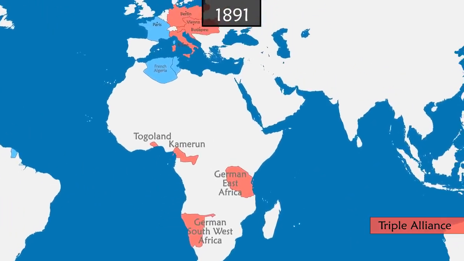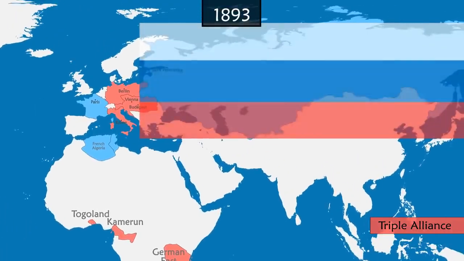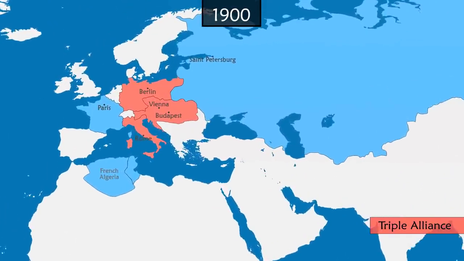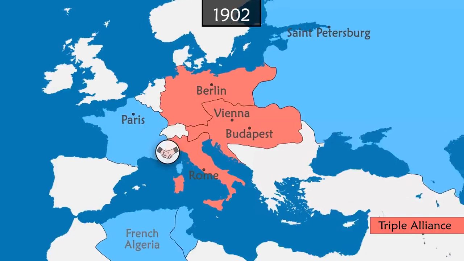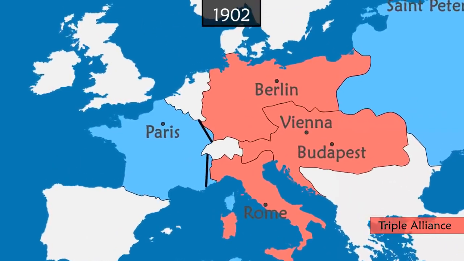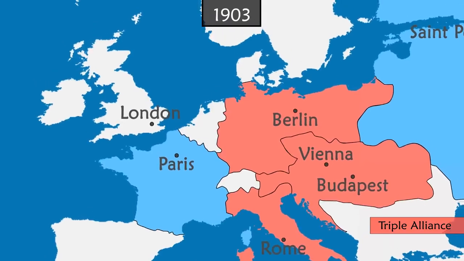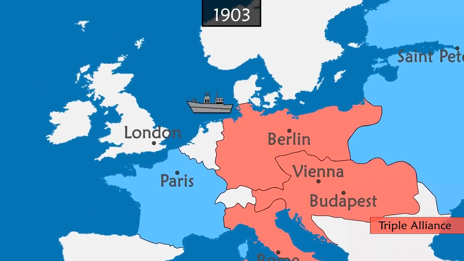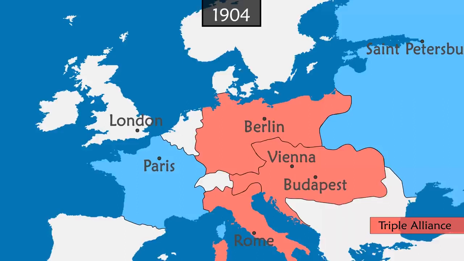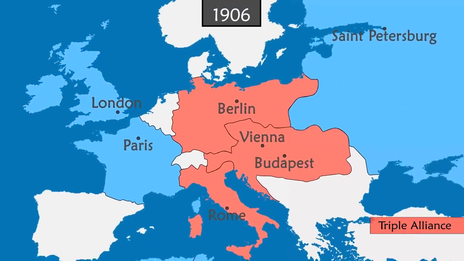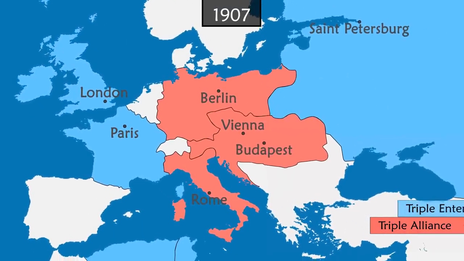For its part, France allies with the Russian Empire and signs a secret pact of non-aggression with Italy, thus avoiding a second front in case of war. The British Empire fears the rise of the German army, more specifically of its navy. Britain comes out of isolation, moves closer to France and then to Russia. Together, they form the Triple Entente.